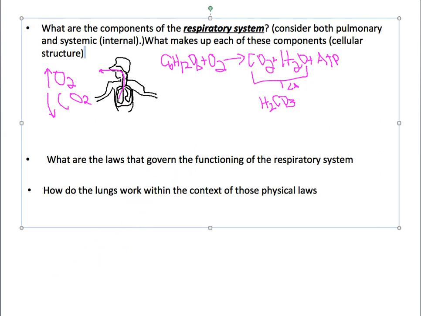Okay, and what of course I need to make sure you remember as well is that this will then spontaneously dissociate into hydrogen protons, as well as the buffer bicarb. Okay, so this is what's governing what's going on. Everything from external or pulmonary, circulatory, meaning respiratory functions, to what's actually going to happen inside the plasma of your